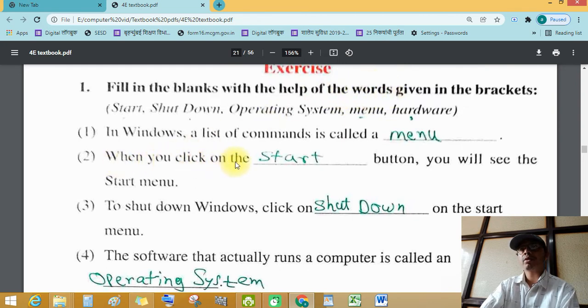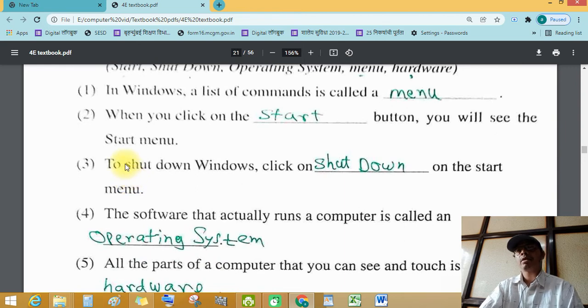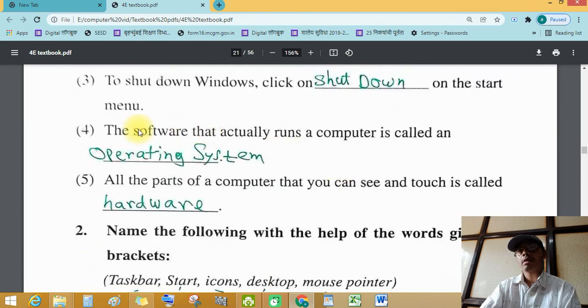When you click on the start button, you will see the start menu. To shut down Windows, click on shutdown on the start menu. The software that actually runs the computer is called an operating system.